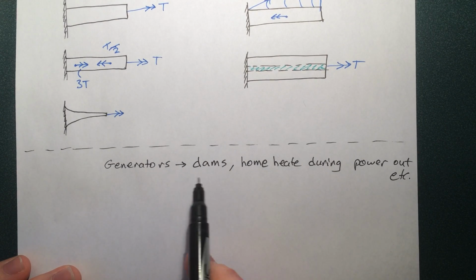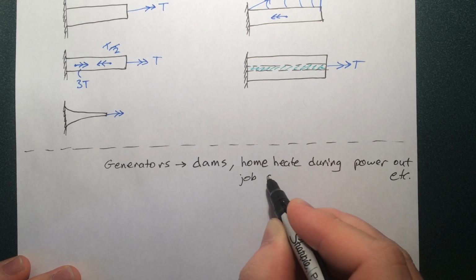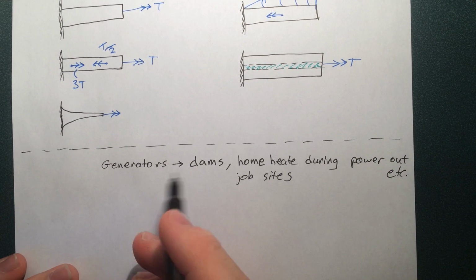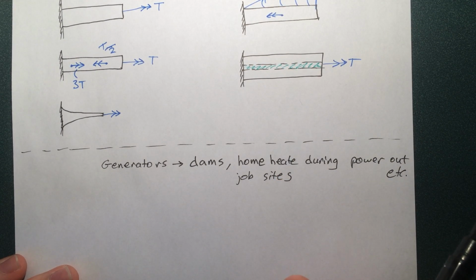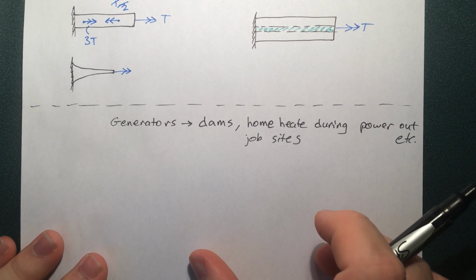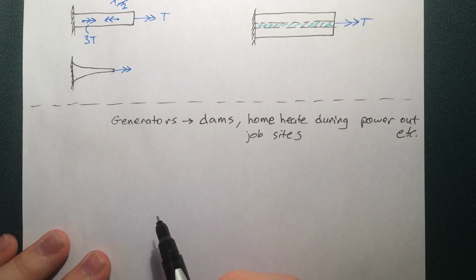You can have generators for dams, ones that power your house when the power goes out. You can even think of ones that you use just on job sites to get electricity for your equipment. Alright, so lots of generators. They produce electricity by spinning a bar inside a magnetic coil. And then by electromagnetic induction, you get electricity. So that's one of the major applications of torsional bars. And of course we're going to have things like